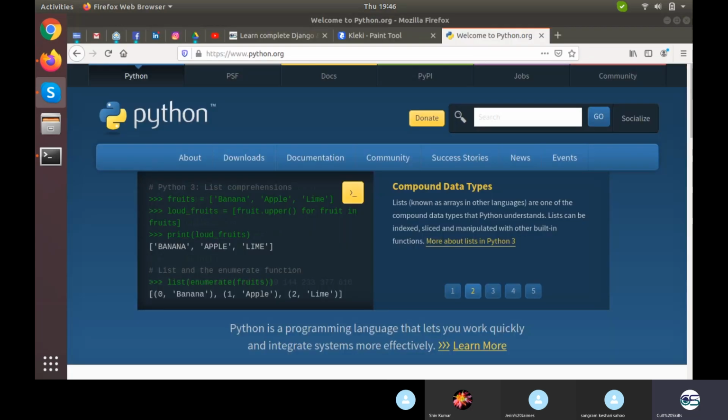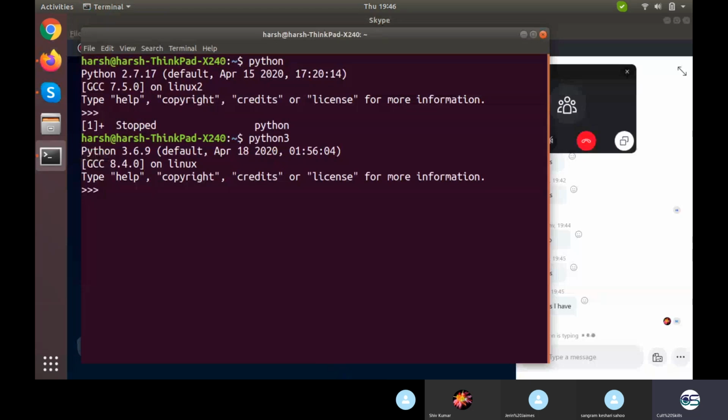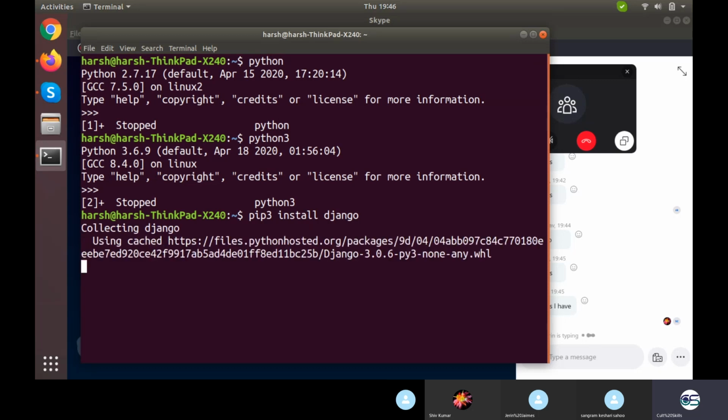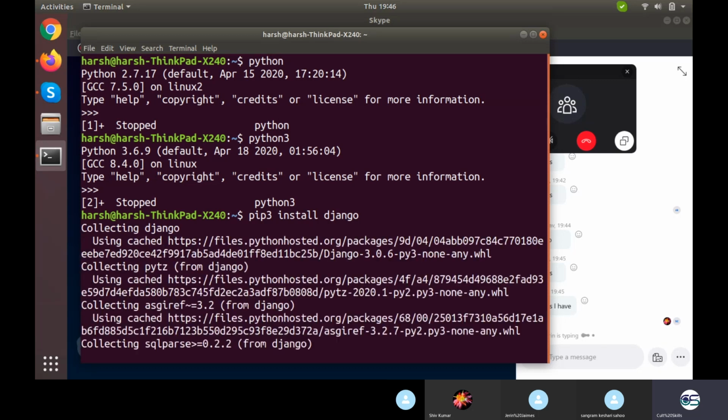Well, if you have Python, you need to come out of it and then write here the command pip install Django. I particularly use the pip 3 version, so I will be writing pip 3, but you need to write pip if you are using pip, or pip 3 if you are using pip 3. It will install Django in your system. I already have it installed. If it's of an older version, it will get updated.